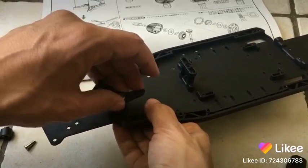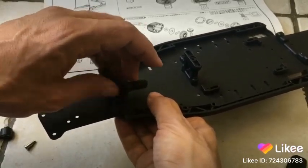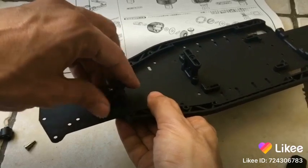And part of the reason why this is annoying is because a lot of the time they haven't been used, so they just came off the